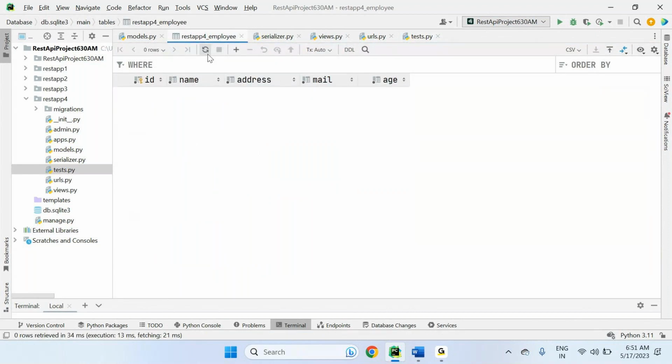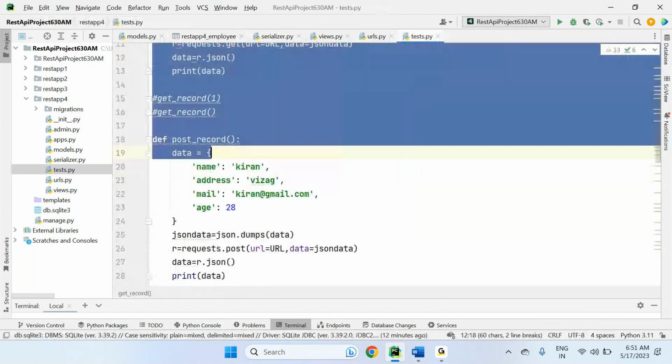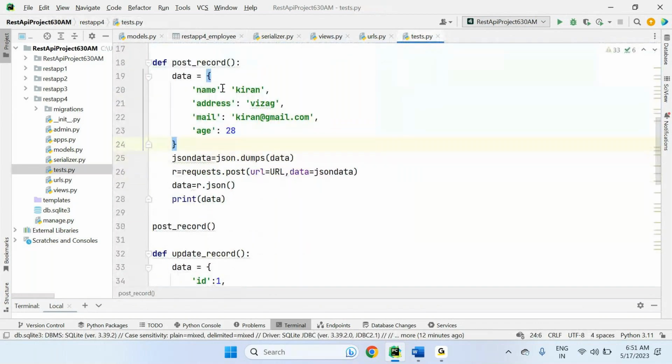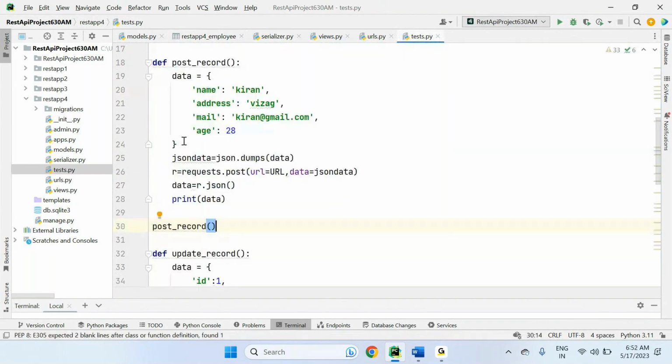So have I saved any records? No. First, my requirement is to insert the data. So that's what I'm explaining: post. It's the same thing, posting, as we did in the last lecture. We are doing posting a record only. But the only thing is, in the last lecture and this lecture